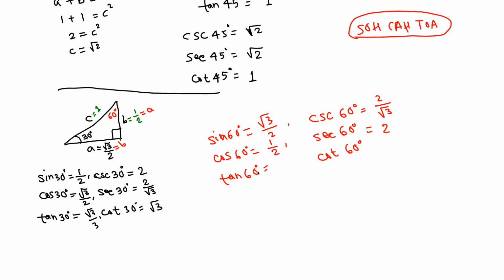Now tangent 60 is TOA, opposite over adjacent. Yeah, that's what I was doing earlier. √3/2 divided by 1/2, the 2s cancel, √3/1, just √3. Tangent 60 is √3. √3 means √3/1, so cotangent 60 is 1/√3, or you can rationalize if you like. Okay, final